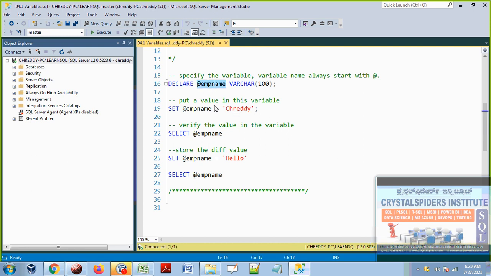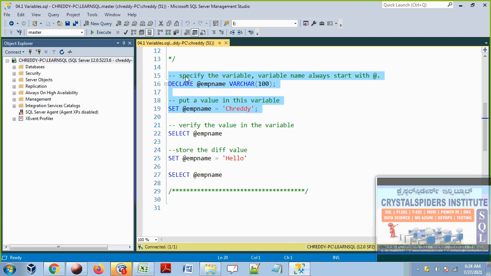I said when we declare this variable and execute this line, what will happen, guys? This variable will get created in the memory. How long will it be there in the memory? That's the important question. Once the execution of this program is completed, let's say I selected only these lines from 15th line to 19th line. Once the execution of these lines is completed, then automatically this variable is gone from the memory. It will not be there once the execution is completed.